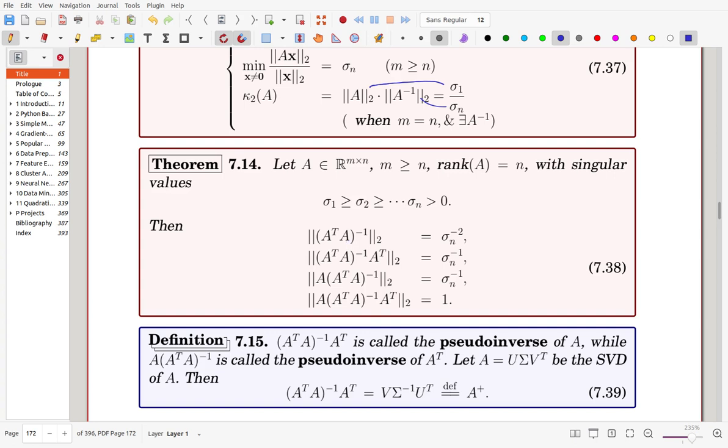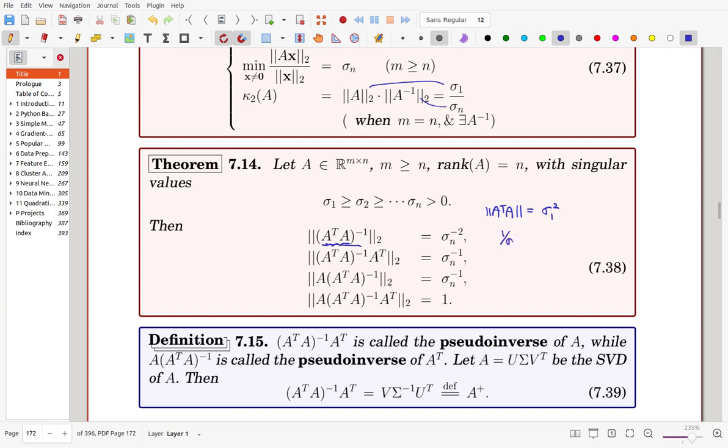For example, the 2 norm of A transpose A itself is the same as sigma 1 squared. But once you are taking the inverse, then the eigenvalues are